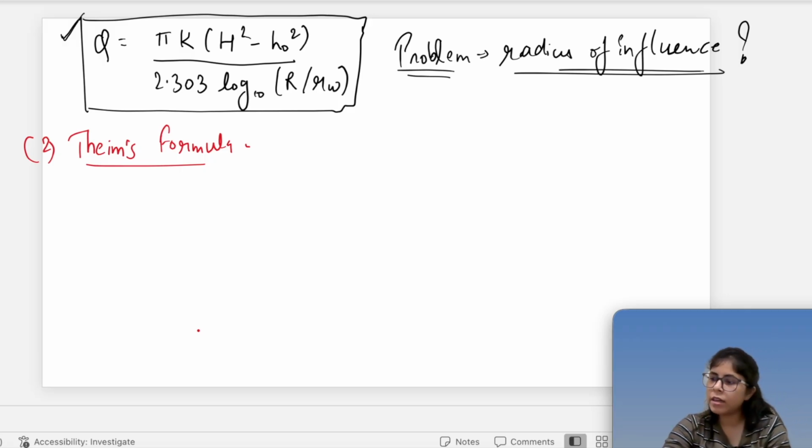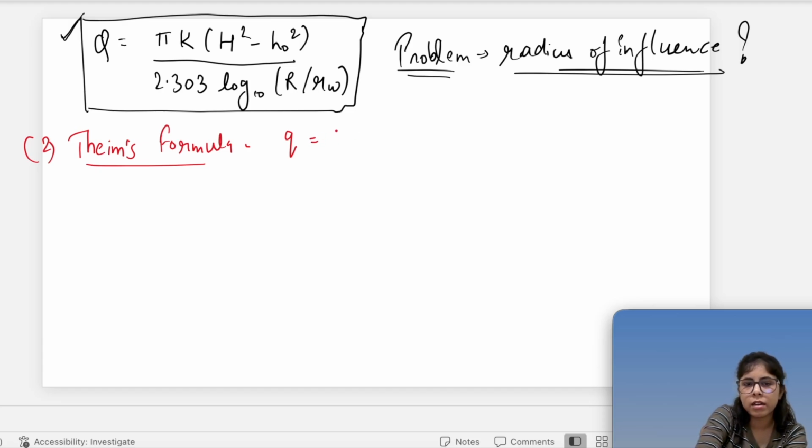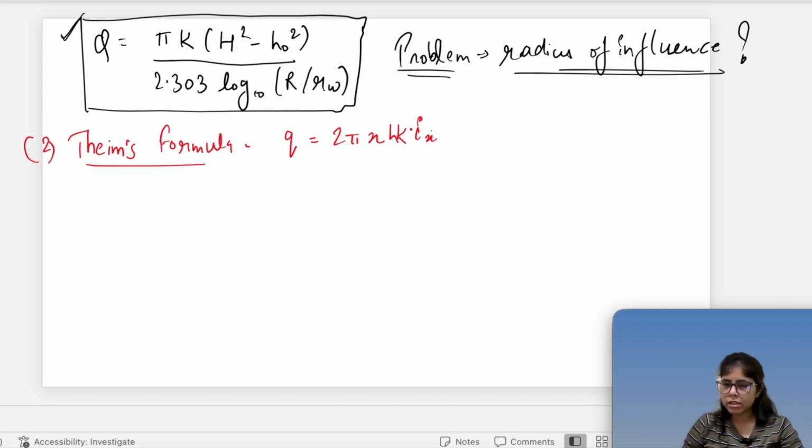And then what he did, so what we have, so we had one original well and then we had two observation wells. Now from the same method we'll be calculating things like Q is nothing but 2 pi x h k i, and everything will go on the same case, but I'll not be doing Thiem in full. I'll be just writing the final formula. So the final formula can have pi k,